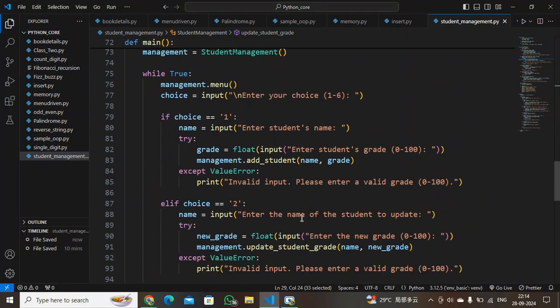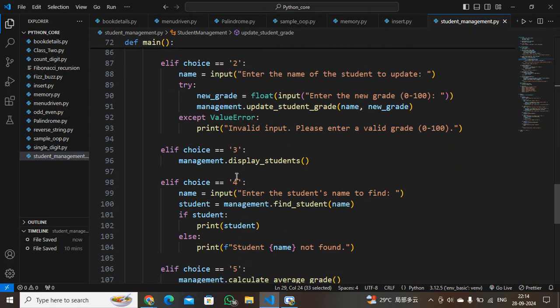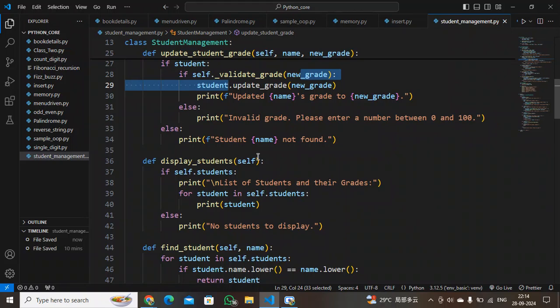Upon getting this choice 3, display student, it simply called the display student method. So there is a display student method. It will iterate and print all the students and their grades. That is, for student object in list, it will print the student, else no student to display.